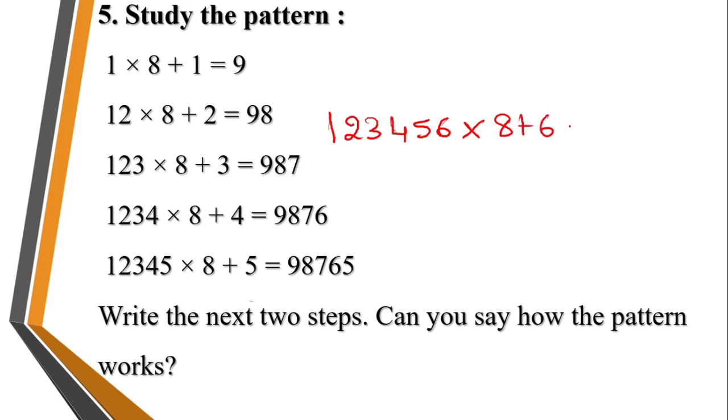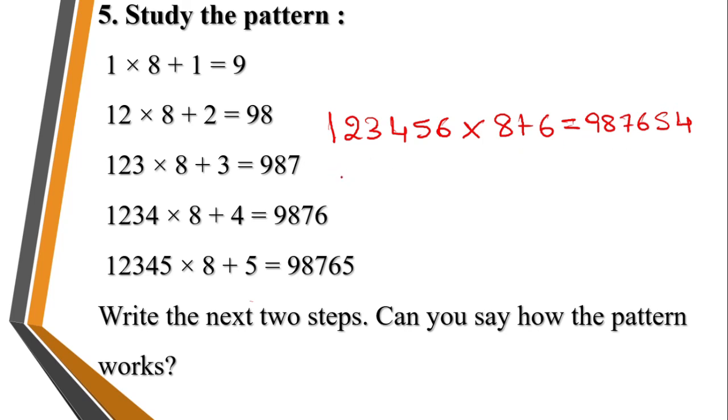So we'll add it with 6 and is equal to, here we have the next row as 9, 9, 8, 9, 8, 7, 9, 8, 7, 6 and 9, 8, 7, 6, 5. Now you can see the number is starting from 9 and we are going in the reverse direction. So 9, 8, 7, 6, 5 and the next number will be 4. Right? 4 will be our next number. So this will be 9, 8, 7, 6, 5 and 4. Now we will add 4. So this is the first step.